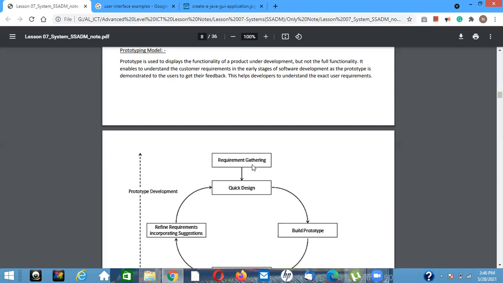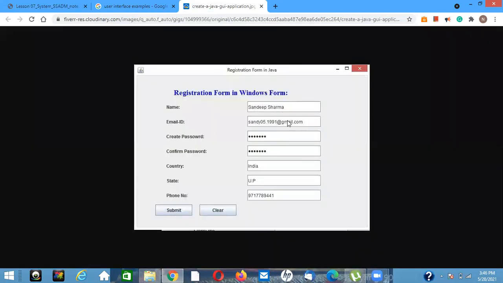So the prototype is used to display the functionality of the final product, which is under development, but not with the actual functionality. So they are just designing some interfaces like this, and they allow the user to enter some data and submit the results.